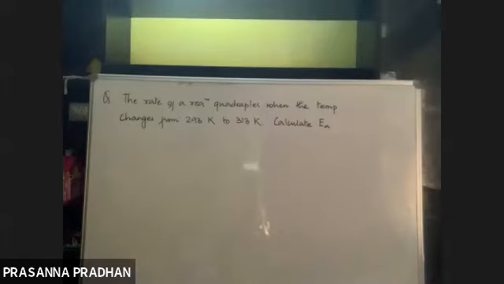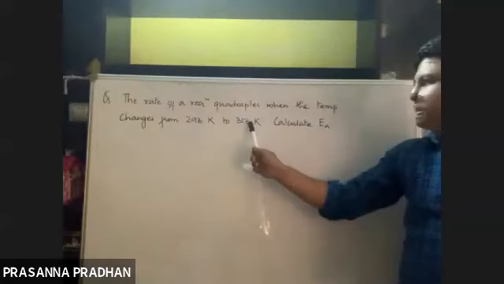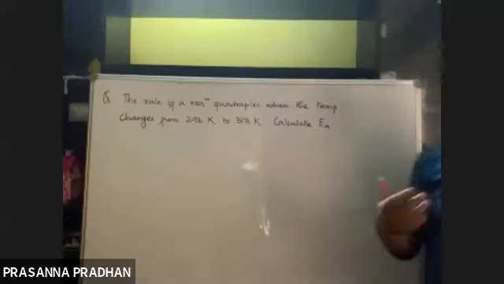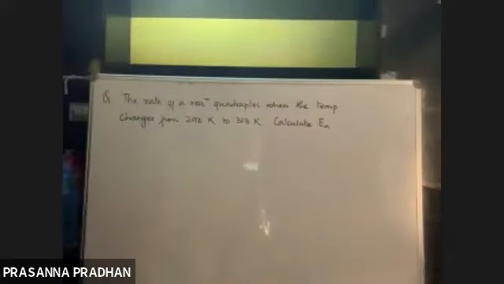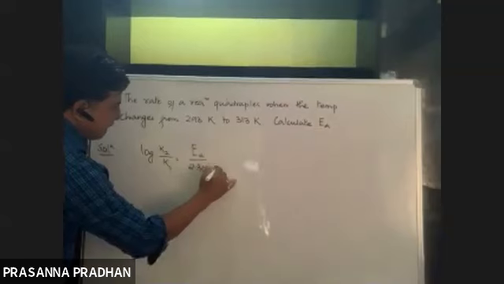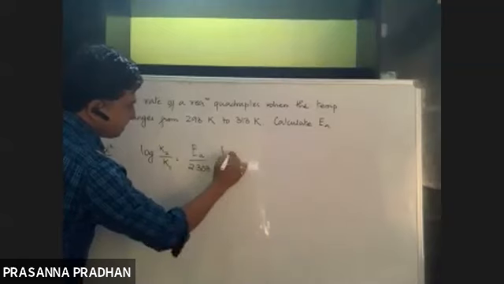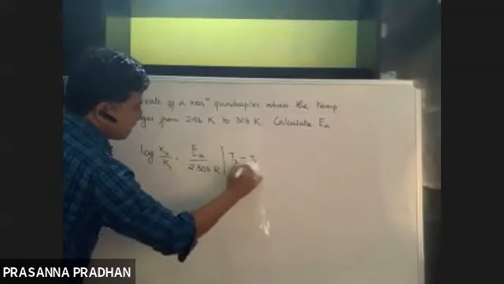So simply by looking at this problem, we can say two different temperatures are mentioned. So which form of the Arrhenius equation are you going to use here? What is the Arrhenius equation at two different temperatures? Just now we did use the equation. So what is the form? log K2 by K1 is equal to EA by 2.303 R into, I'm just going to write the final form, (T2 minus T1) divided by